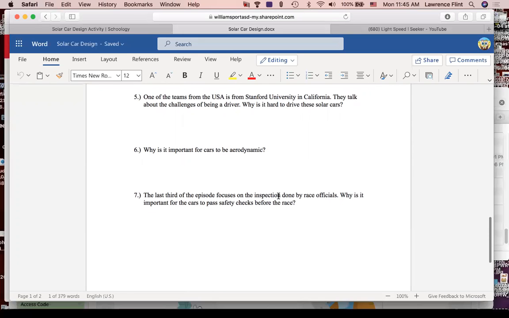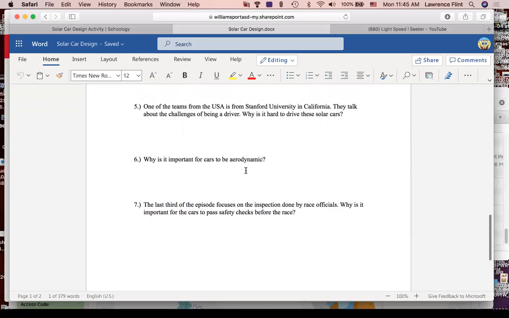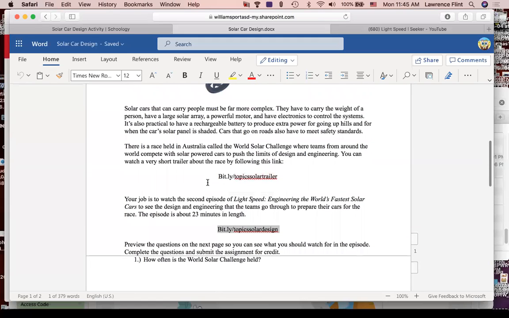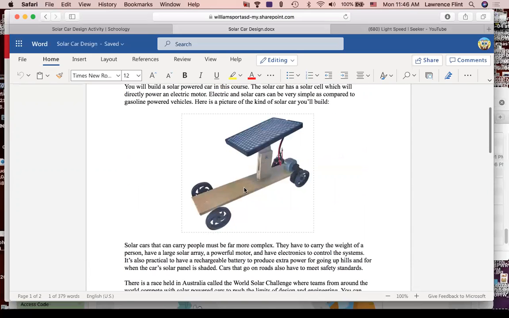Why is it important for the cars to pass? Those kind of things. So your assignment, you have today, tomorrow, and Wednesday, is watch that 23-minute film and reflect upon the kind of things that you might want to do when you build your solar car. So what can you do to make this car go as fast as possible based upon what you see in